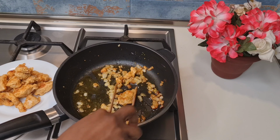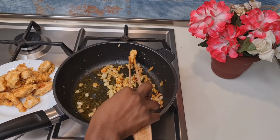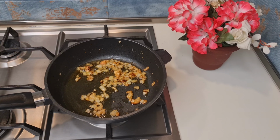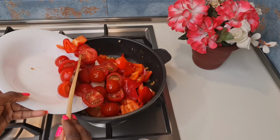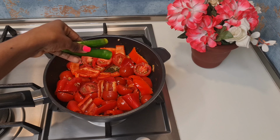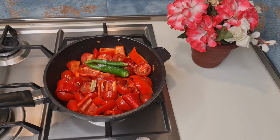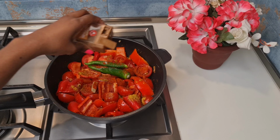Now I'm going to take out the chicken and leave the onions in the pan, and I'm going to go ahead and add in some more oil, because I only used butter before. So now I'm adding some oil with all the chicken flavor and everything. I'm then going to go ahead and add in some ginger garlic paste, and then I'm going to go ahead and add in the sliced peppers and tomatoes. I'm just going to mix this all together and also add in my chili peppers and season with the same seasoning I used for the chicken, which is some salt, chili powder, bouillon cubes, curry powder, some garam masala powder,